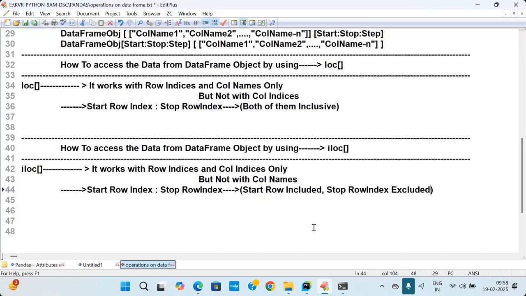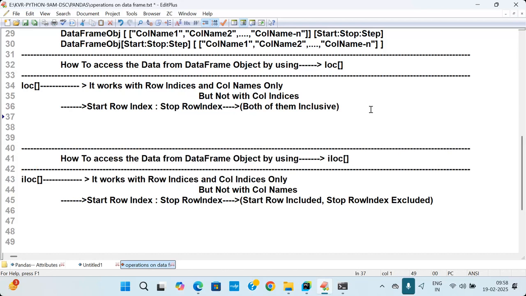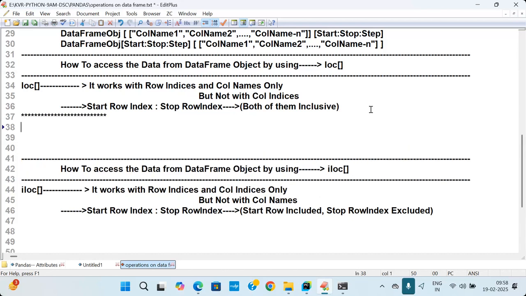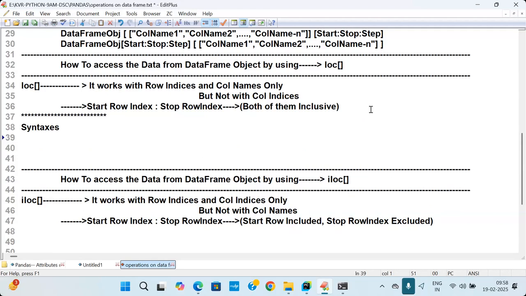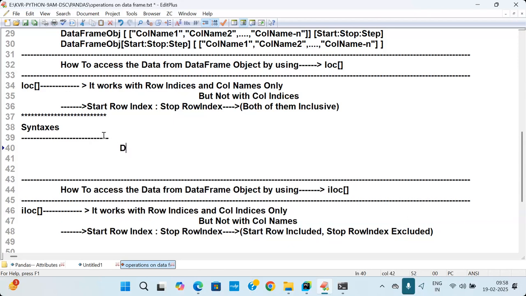Okay, now shall we move to how to use it? Now I am going to tell about the syntaxes, how to use the syntaxes. It is very, very simple. Here I'm entering the loc case and I'm going to write it. How simple it is. Data frame object of